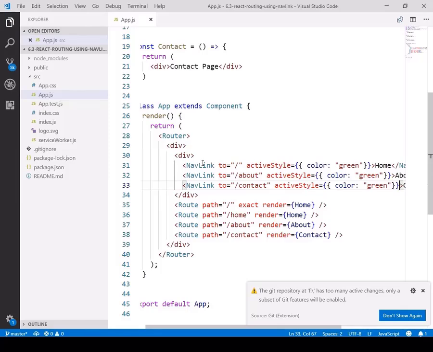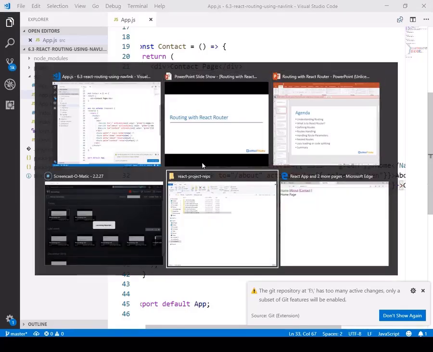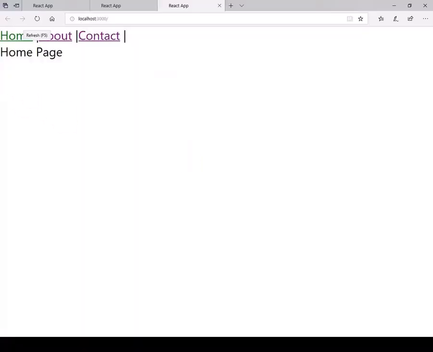Afterwards, when I navigate my application, you can see that my current link is the home link, which is already green in color. When I click over About, which also comes green in color, that's a nav link.